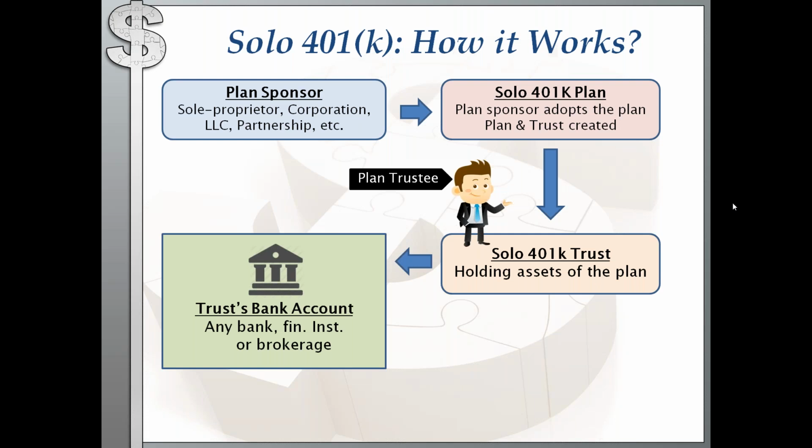And in the same manner, you will be able to open a business checking account at the bank of your choice for the solo 401k trust. Please note that the trust is a separate vehicle, a legal entity, just like an LLC. So it will have its own unique name. It will have its own unique tax ID number issued by the IRS. And the IRS will know that this is a tax-exempt vehicle because when we apply for the tax ID number, we'll